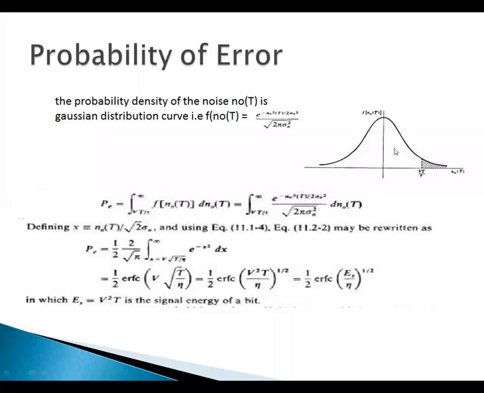At 0 is the maximum value, with a positive side and a negative side. The Gaussian distribution curve depends on the noise spectral density. So P of E, or probability of error, is equal to